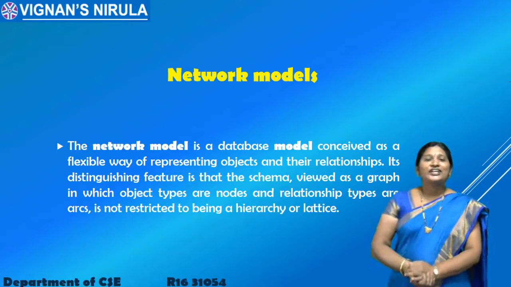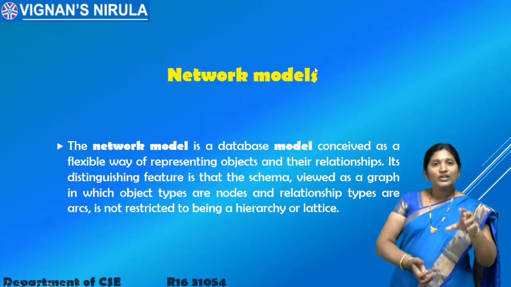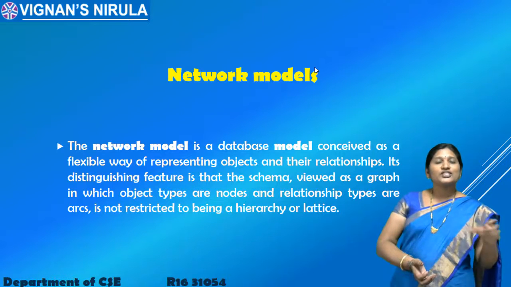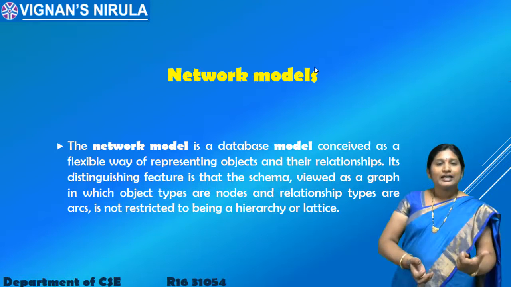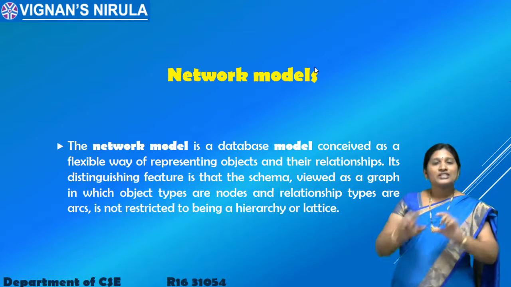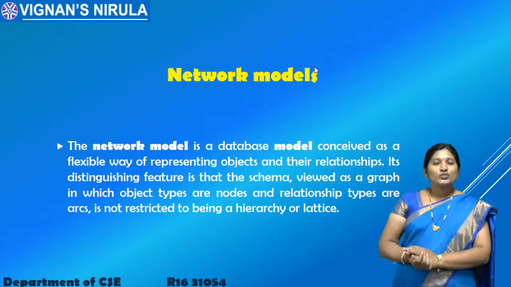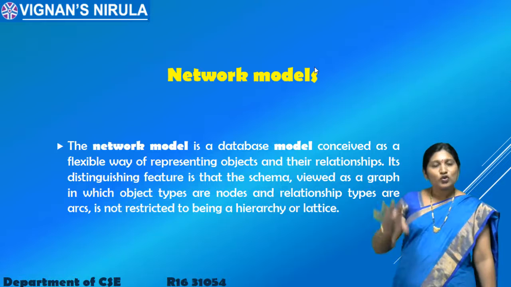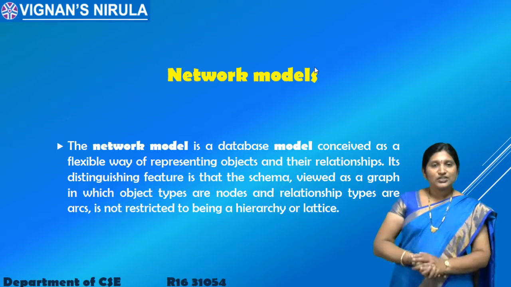So the next category of data model is the network data model. As its name indicates, in the network data model, each and every data item in our database is represented as a database object, and among these database objects, we directly relate one database object to another. These nodes, objects, as well as the relationships form a graph-like structure.